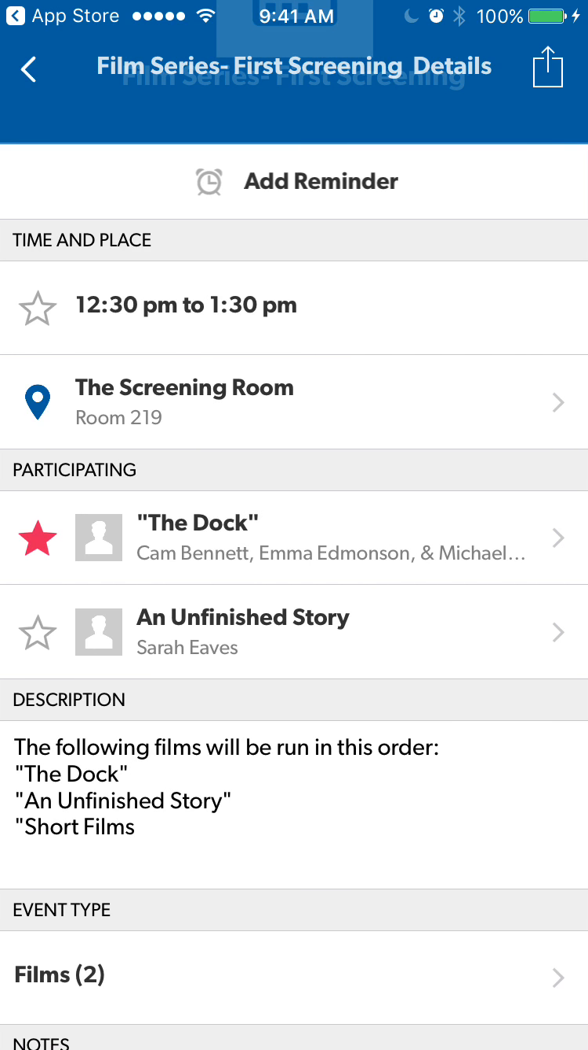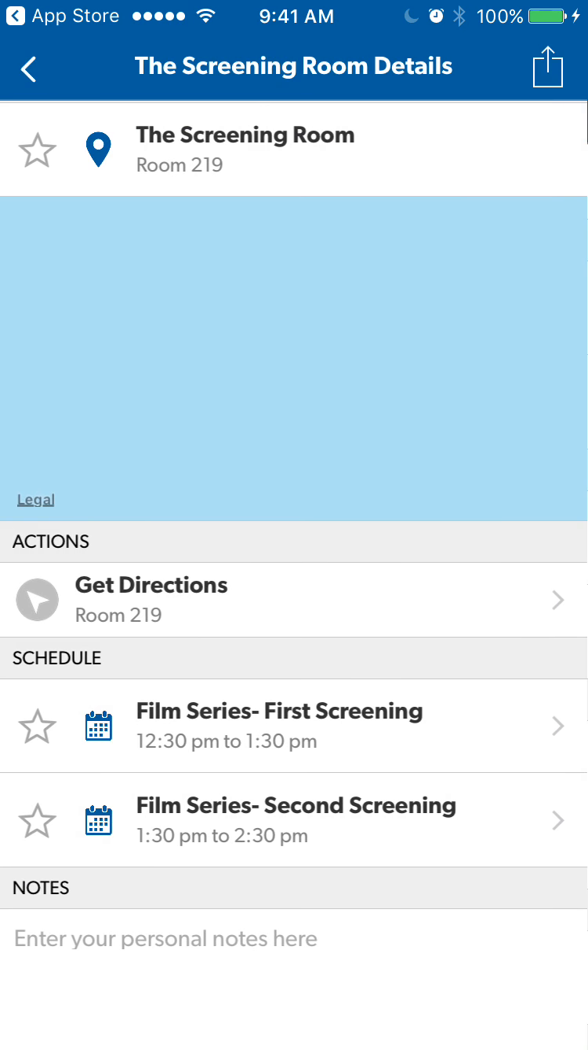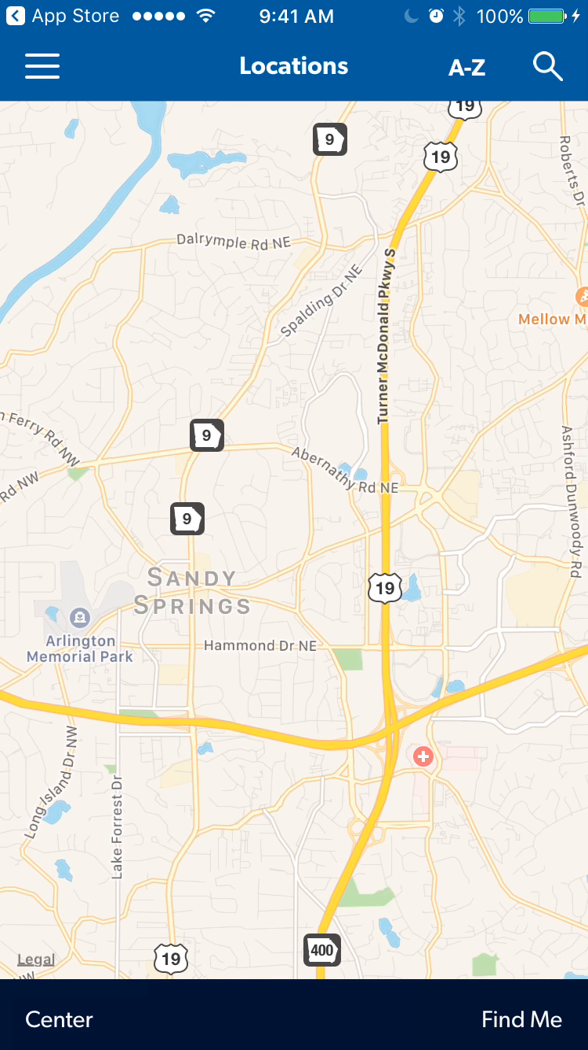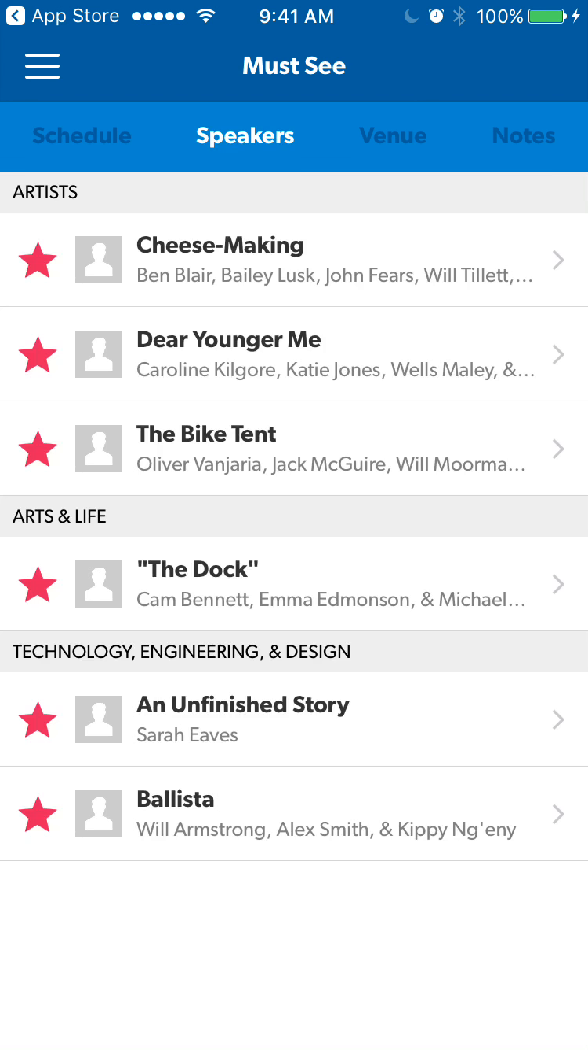Well, I definitely want to see the film with The Doc and An Unfinished Story. When I read the description, that one looks really interesting too. So I'm going to put that one on my must-see list. If I go back to the menu, and go to my must-see, I can now look at all of the different speakers that I have flagged, and it can help me create an agenda of what projects I should go check out,